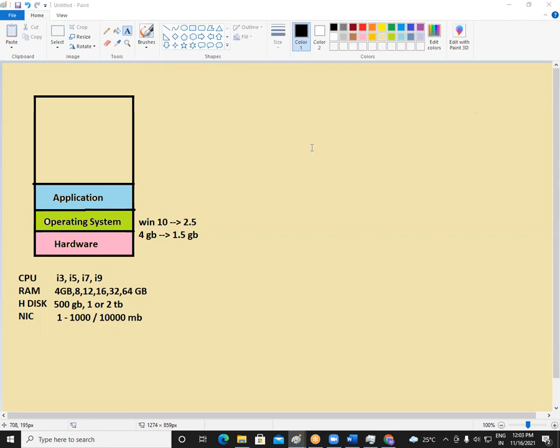Okay, friends. So these are the three major layers we need to understand in our computer. One is the hardware layer. Hardware layer has these four major components. Motherboard will be there. The fifth one, the power supply will be there. That is the sixth one. So we have some more components, but these are the four major components that will define the speed of your machine: CPU, RAM, hard disk, and NIC card. We should see all the four things, and then we need to decide which machine, what configuration we have to take for this particular user.